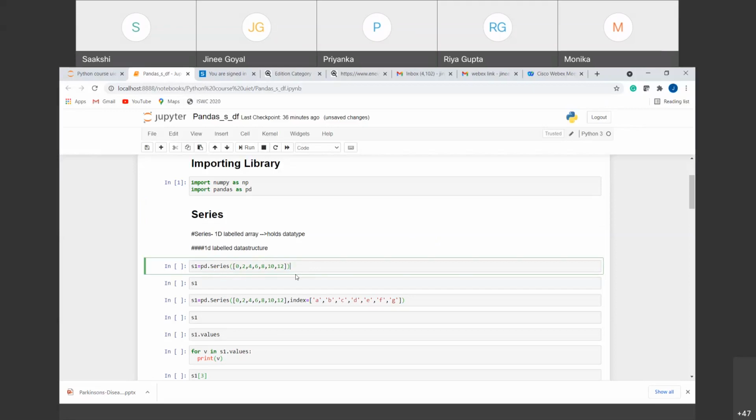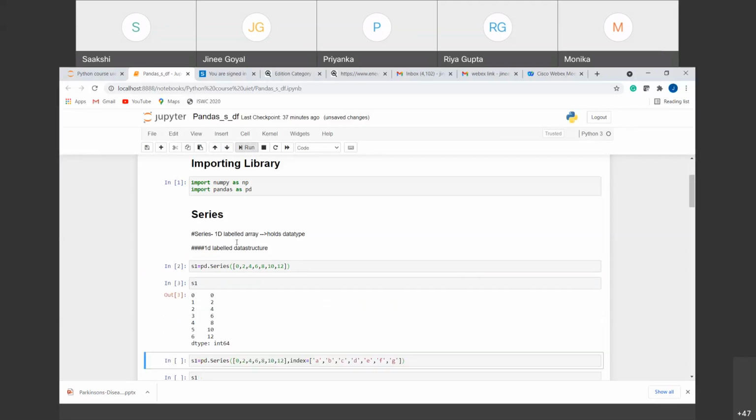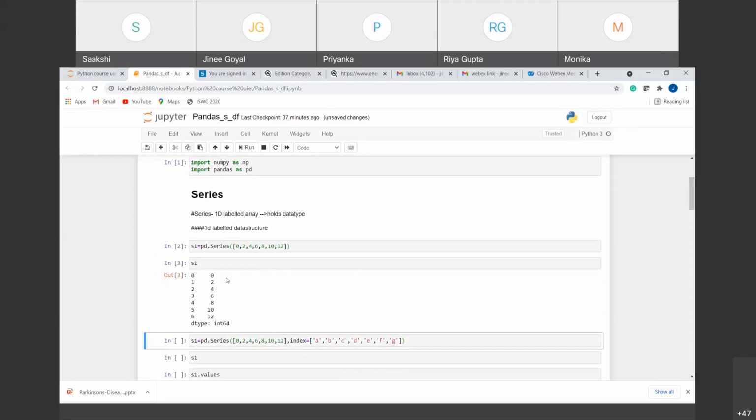Consider it as a one-dimensional array, but with indexing present in it. So if suppose I want 5 elements in the one-dimensional array, for series, we have to write it in the circular braces, and inside of that, we'll provide that these are the elements we want to provide in our series. So if I run this, it is run. So you can see that all the values are generated here.